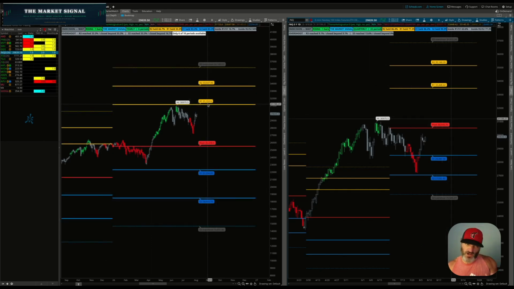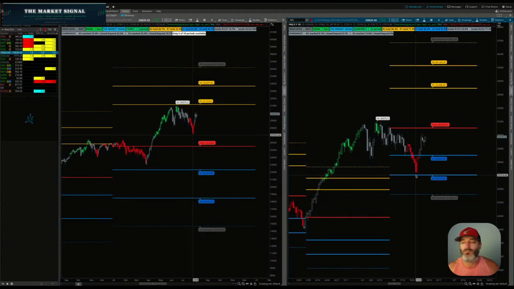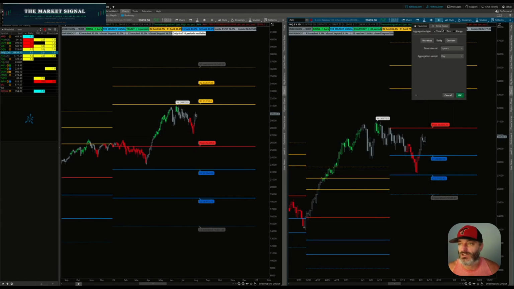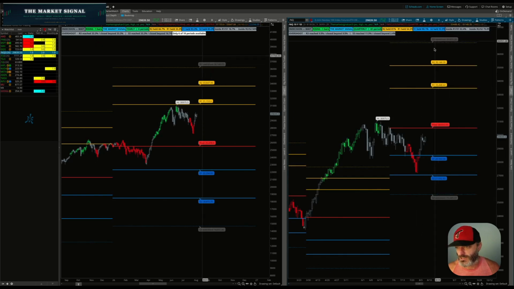Hard to be bearish here just based on the fact that we've had the flush, the hold of S2 on the quarterly pivots, and now we go higher. And in 5 years, we know that S2 holds 90.9% of the time over 5. If I flip that out to 10 years, let me just show you how this works. If I go to 10 years, it has held 92.9% of the time right here. And held means for the quarter we've closed above it. All right. So keep that in mind.